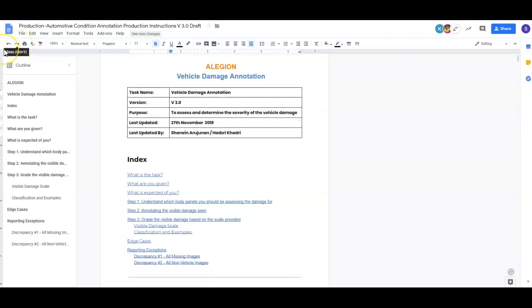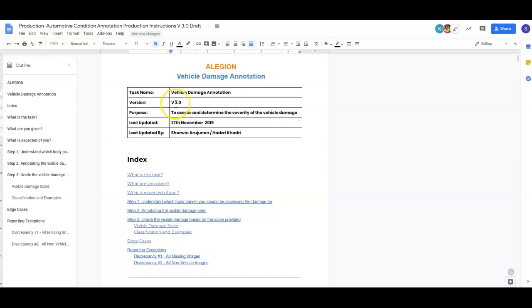Hey guys, this training video will teach you how to perform the vehicle damage annotation version 3.0 task. Before we proceed, I would like to bring to your attention that there are some major changes to how the vehicle damage annotation task is done, and that is the reason why you are required to rewatch this new